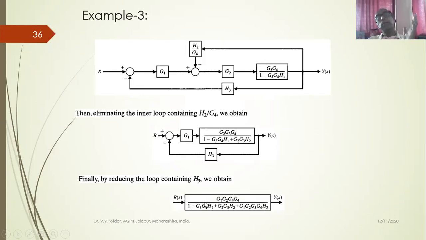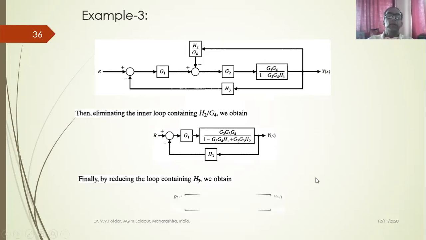So this complicated block diagram having a number of blocks is a single block input output system. So R(s) is the input and Y(s) is the output. So Y(s) by R(s) will be this ratio, will be the transfer function. So this is how I can solve a complicated block diagram. We'll see